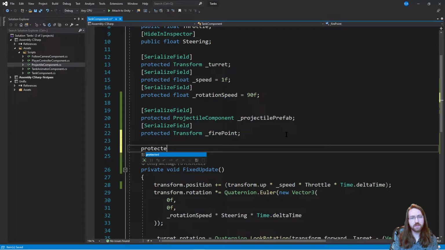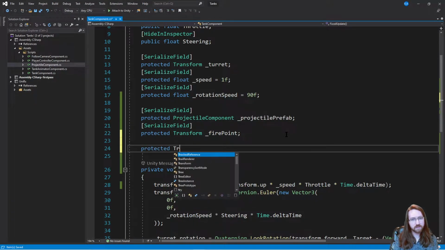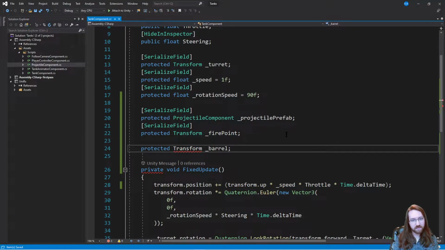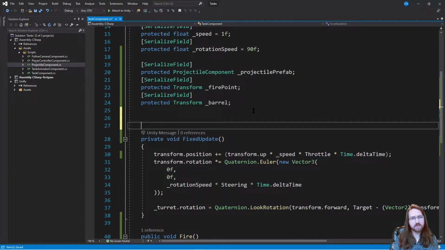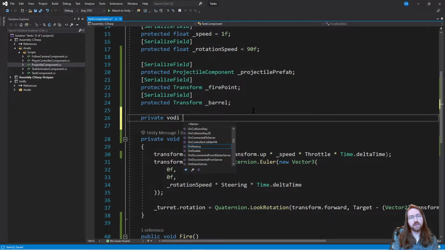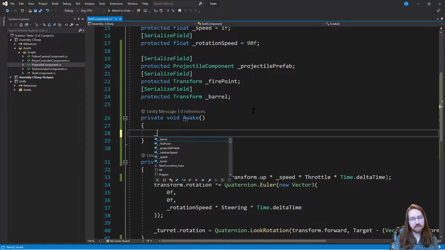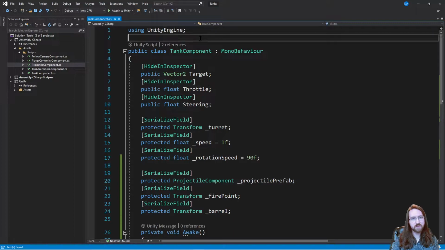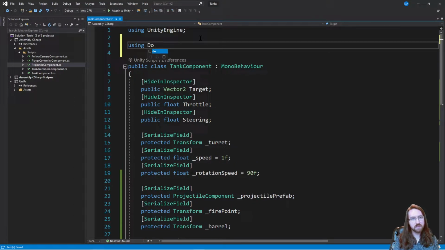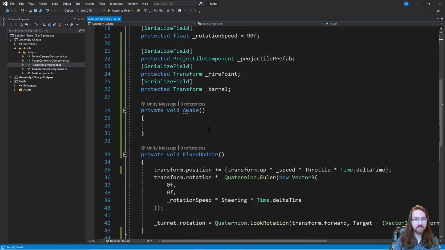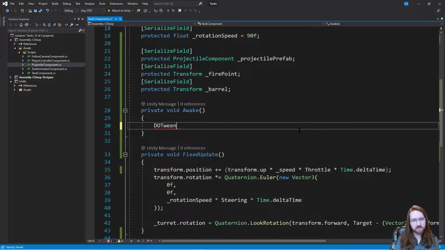And in here we can do a protected transform. Yeah, this is the barrel. Okay, so I guess we'll say in private void Awake, what we want to do is create some kind of sequence, right? So we're going to say using, what is it? It's DG.Tweening? Yeah, DG.Tweening, okay. So what we want to do, I think, is say DOTween.To,